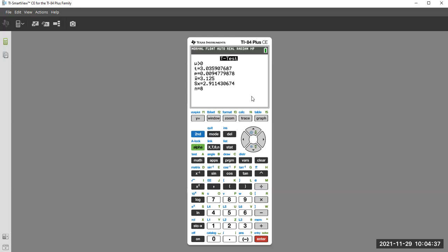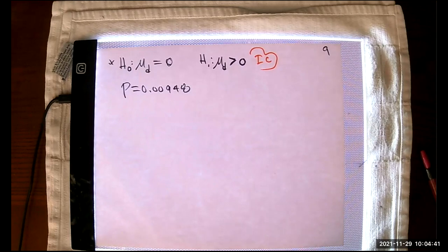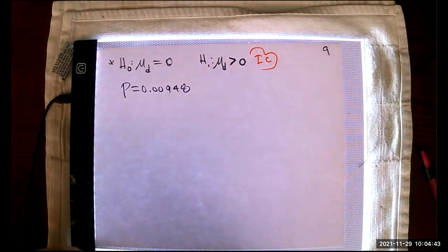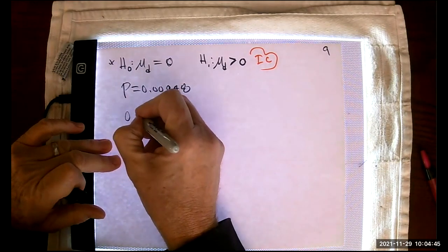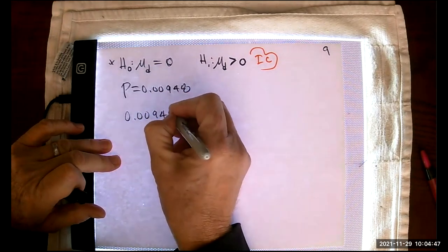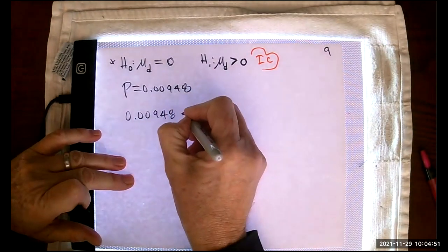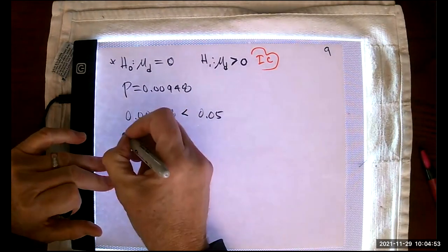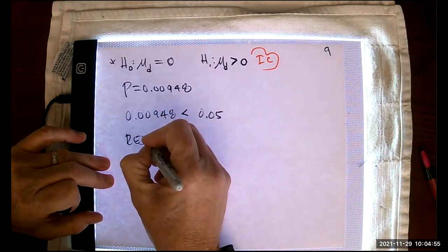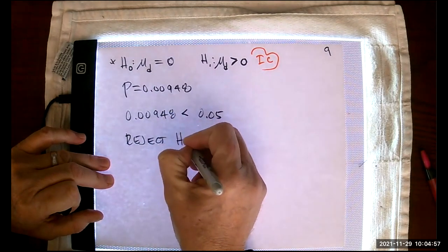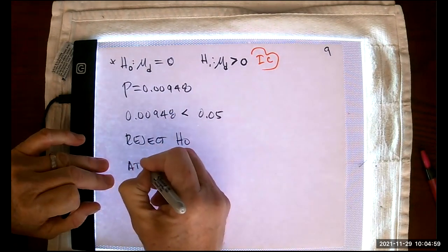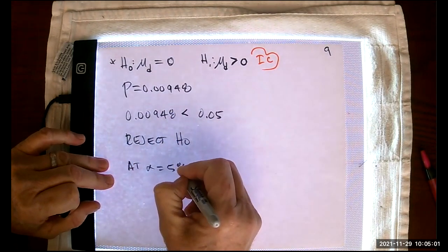So let me go ahead and stop my sharing. There's my p-value. I'll compare it to my alpha, very much less than. That means we reject the null hypothesis. So at alpha equals 5%,